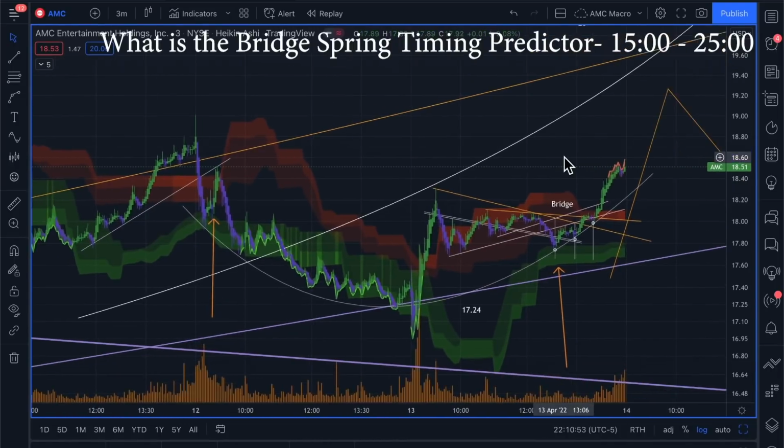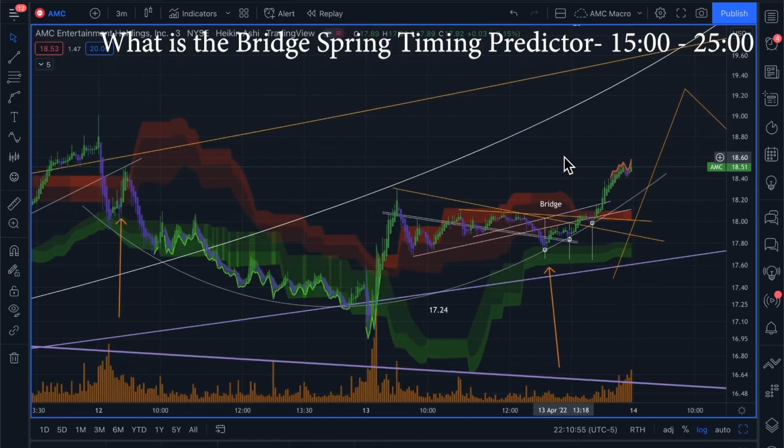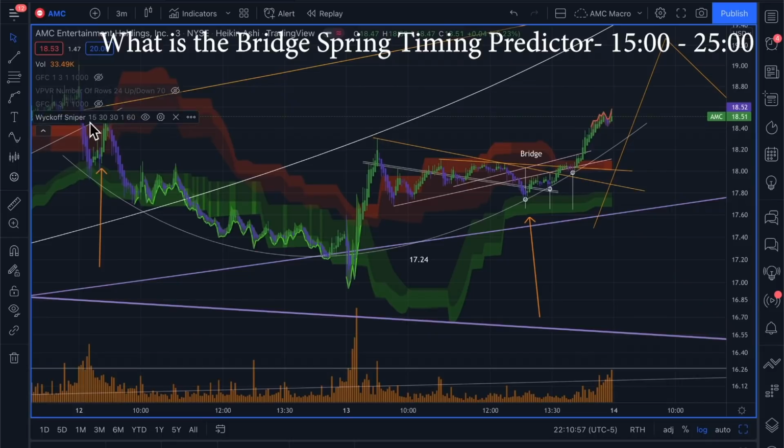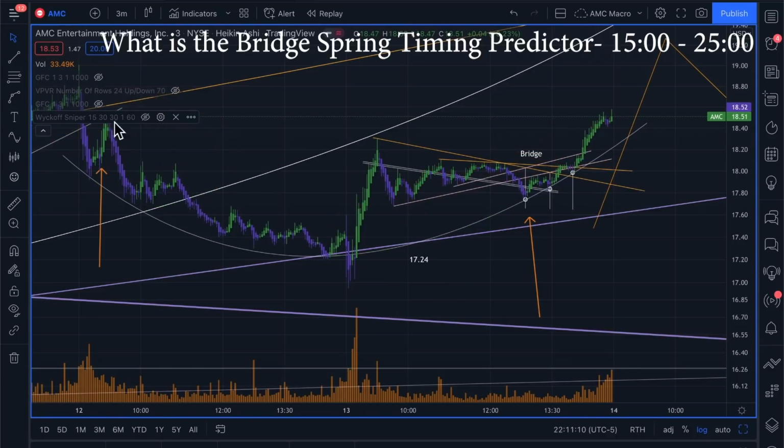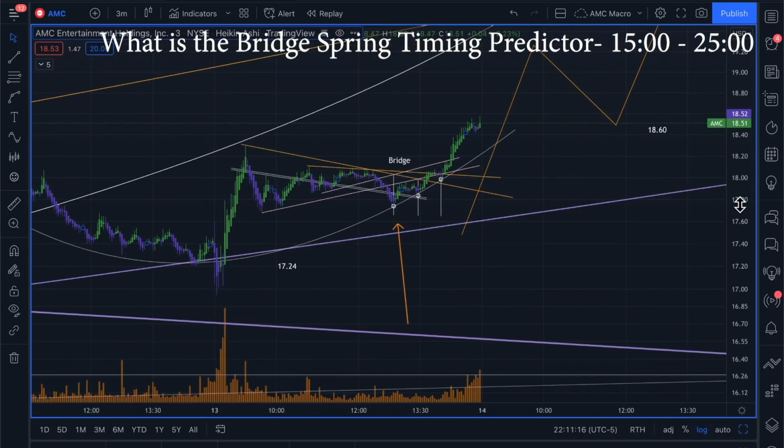So this is a weird thing that happened today that I'm going to turn off. This is the Wyckoff sniper, which is the one that Astro built. And I believe there were a lot of other people who contributed to that. But credit where credit's due. I think Trey might have been somebody, Square Root of 9, that helped with that.